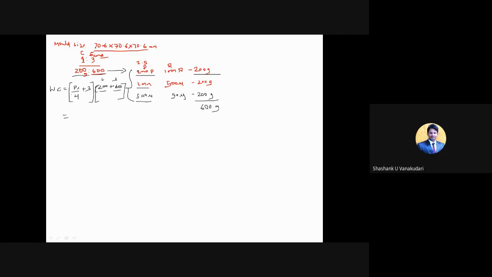Right? And then for P by 4, this percentage won't come here, actually it applies throughout this part. P by 4 plus 3, that is 32 divided by 4 plus 3, in terms of percentage, divided by 100, into 800 grams, which is the total quantity of cement as well as sand. So you will get around 88 ml of water. How much? 88 ml.